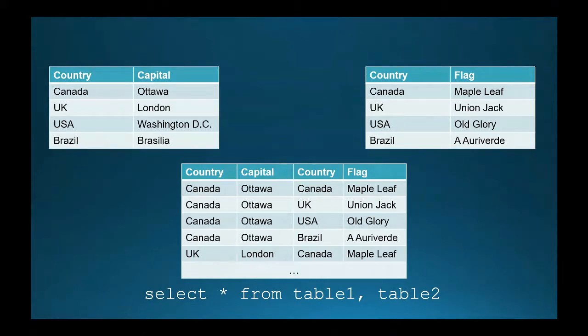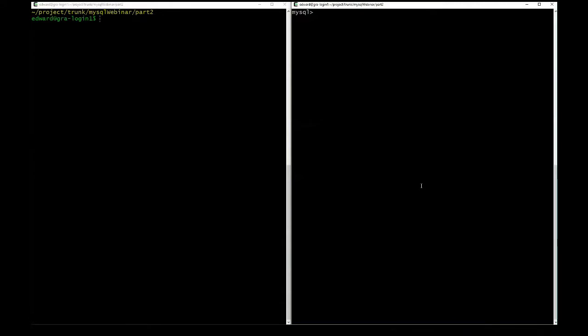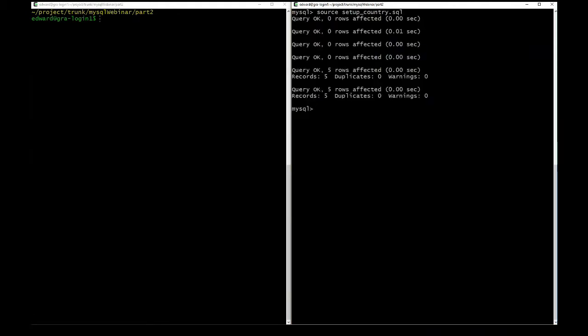To show you this in action, we're just going to switch to MySQL real quick in the terminal. Let me make sure I've set up my tables. So I go source setup country.sql. From the previous videos, you'll know that is a command that I've written ahead of time and stored in a file called setup country SQL. On the left side here we just have our bash terminal, and I'm going to show you what that is. So if I cat setup country SQL,